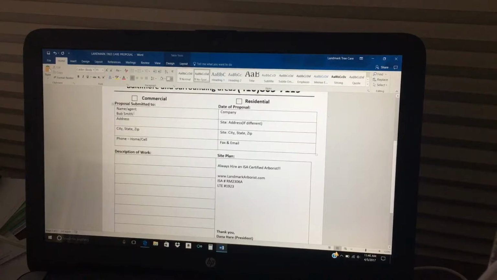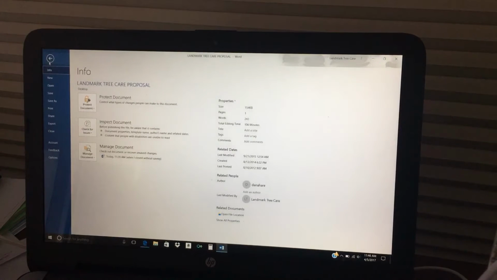And then what I do is I go up here and I go copy, Control C, go to the upper left hand corner, File, Save As,